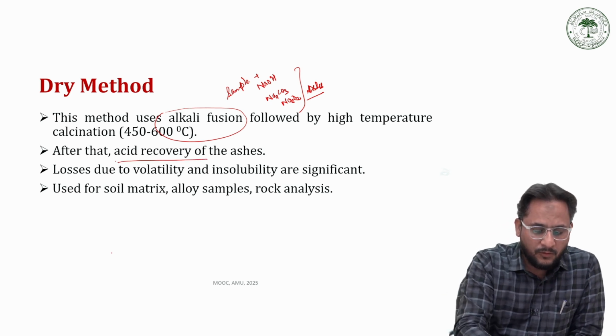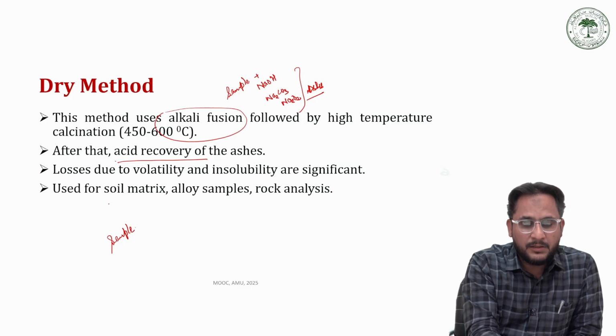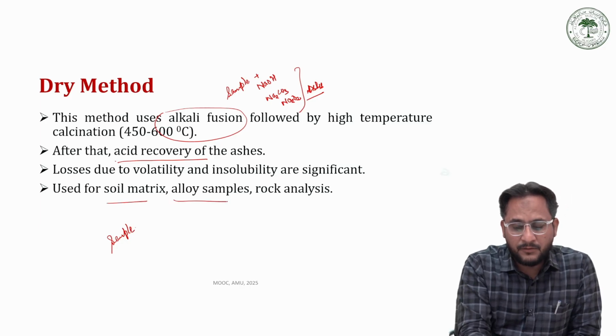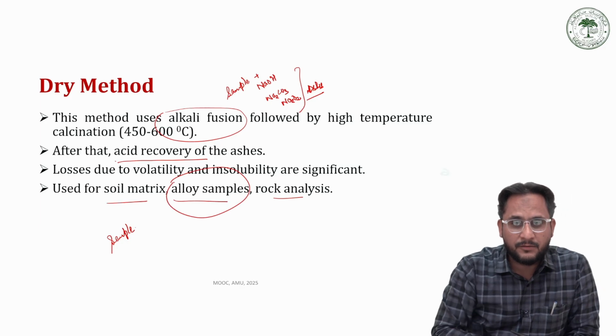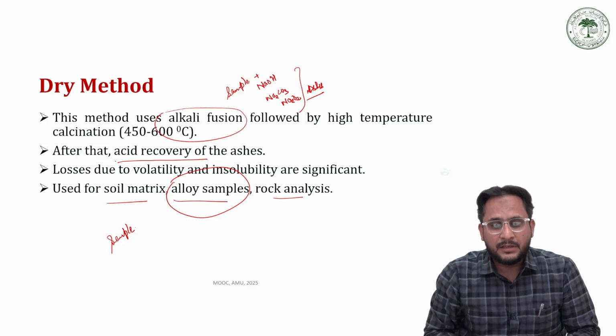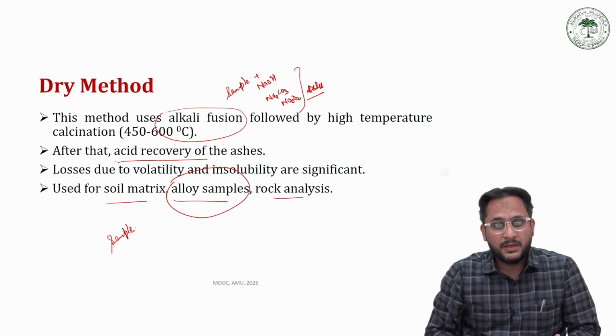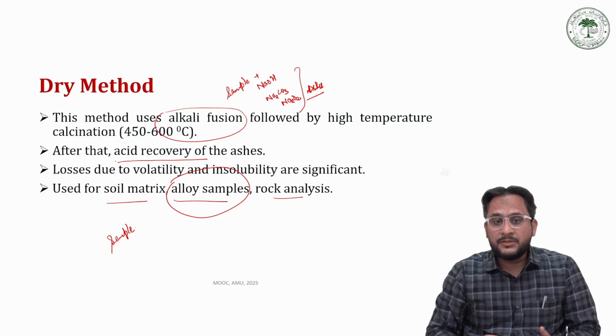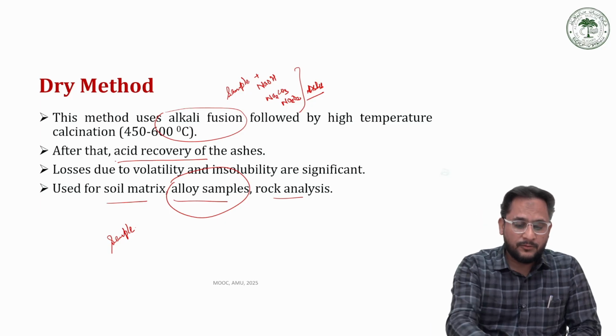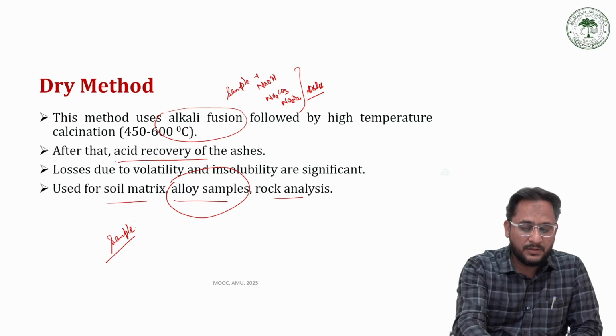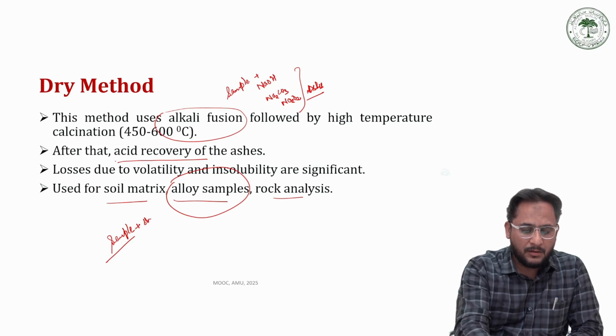So what do we do? First of all, take the samples. This method is especially used for soil matrix, even for alloy samples. For example, in the case of an alloy, we want to analyze the different types of metals present in it, and since an alloy is metal, it is very difficult to digest. So for those samples, we take the sample and mix it with a strong alkali,